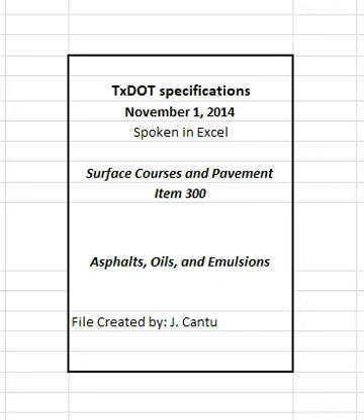Item 300. Asphalts, oils, and emulsions. 1. Description. Provide asphalt cements, cutback and emulsified asphalts, performance-graded asphalt binders, and other miscellaneous asphalt materials as specified on the plans. 2. Materials. Provide asphalt materials that meet the stated requirements when tested in accordance with the referenced department,